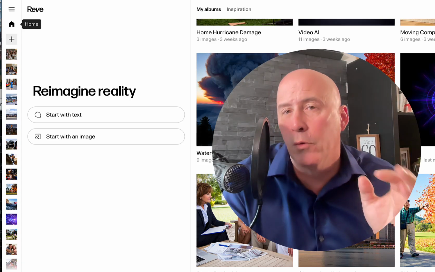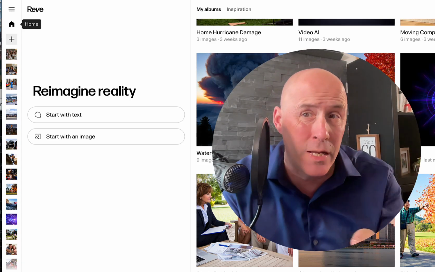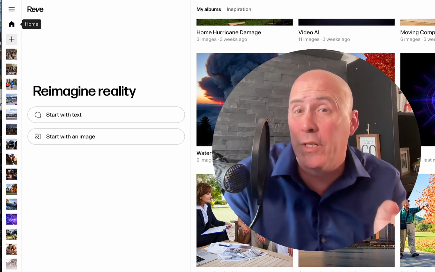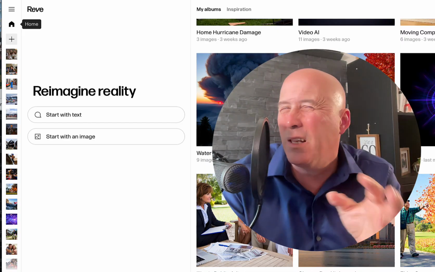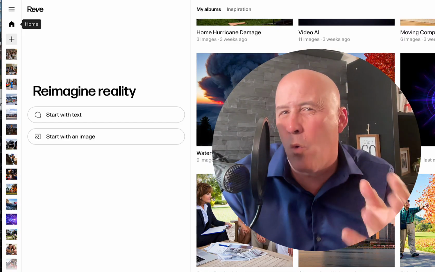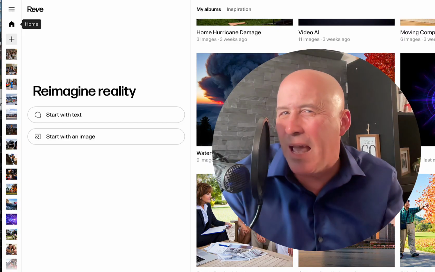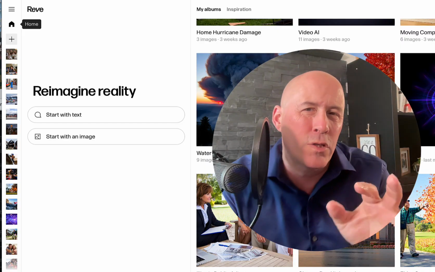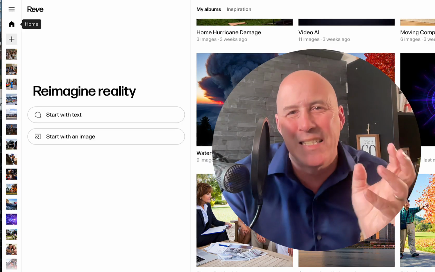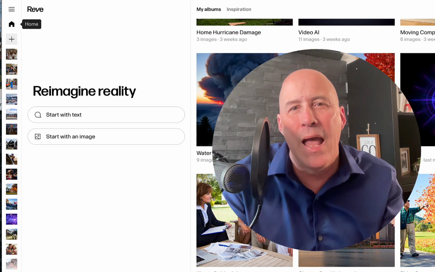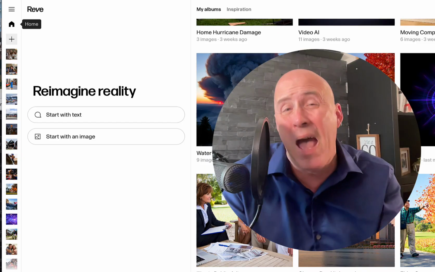You may be familiar with REVE, the AI image generator, and you may also know that it recently updated to 2.0, and there's been a little bit of controversy around the quality and the new layout. However, there's some new updates that just launched that I think makes sense to the layout and provides perhaps a